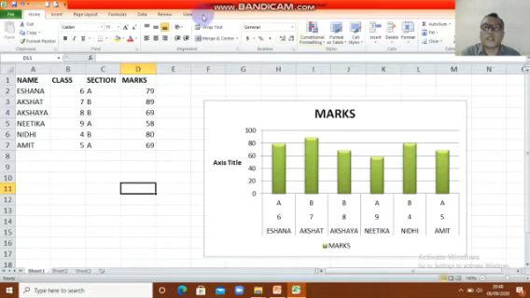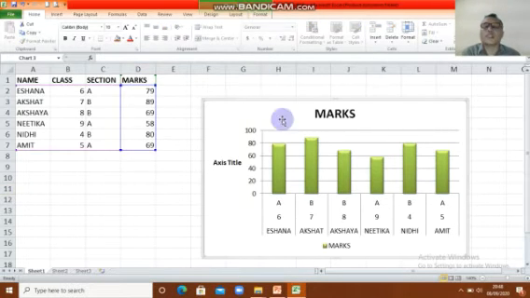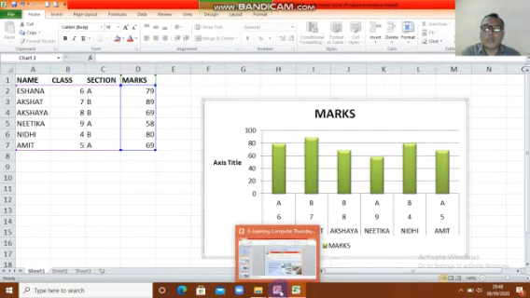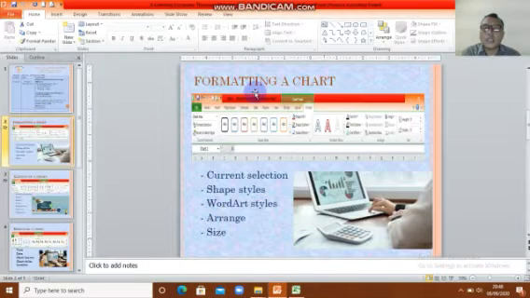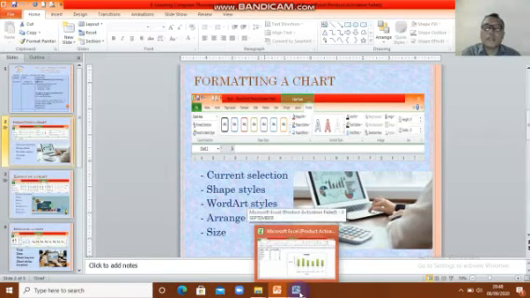You can see the design, layout, and format only when the chart is active.